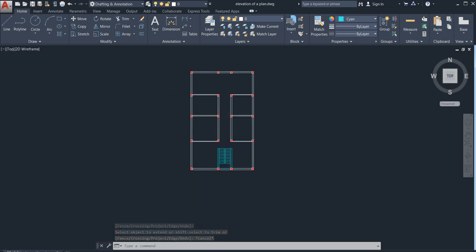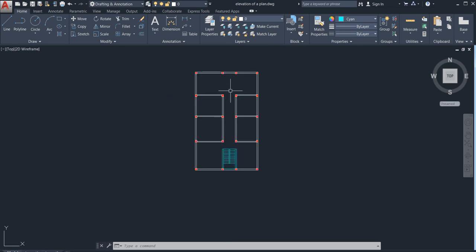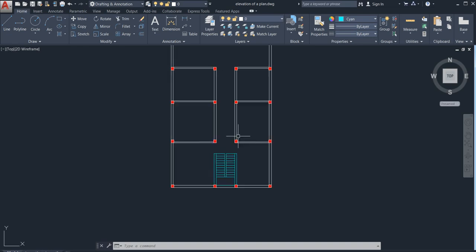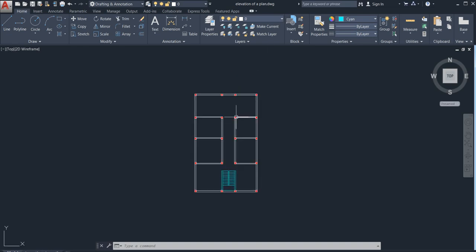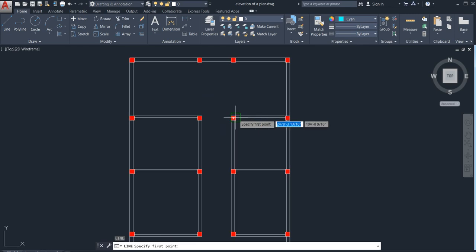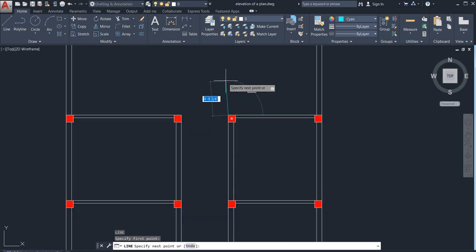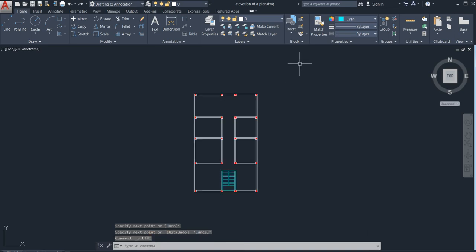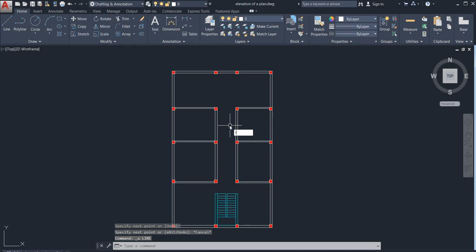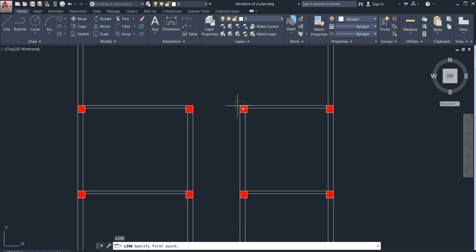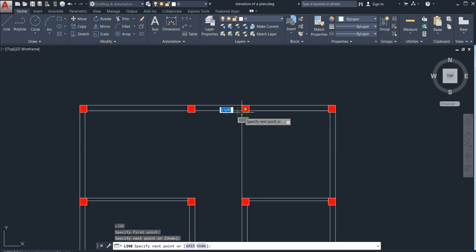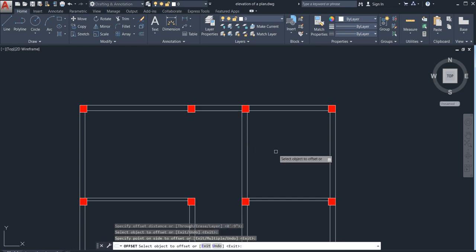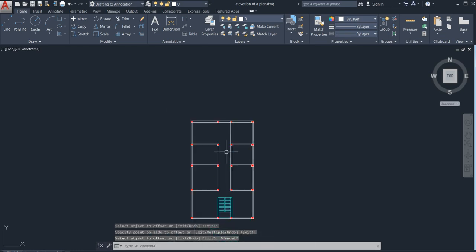After that, here you can see I need to make it as a kitchen room. So go for line command. Here make it the default, by layer. This one, go for line command, and you can go for offset command with 9 inches, just do like this.